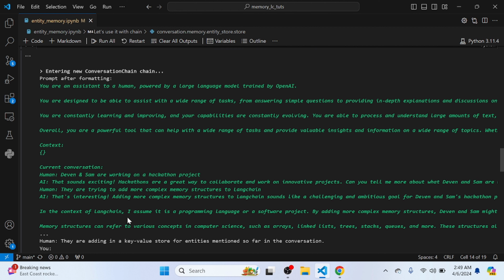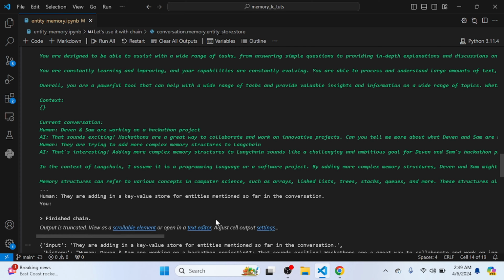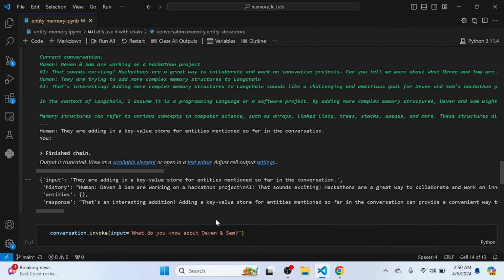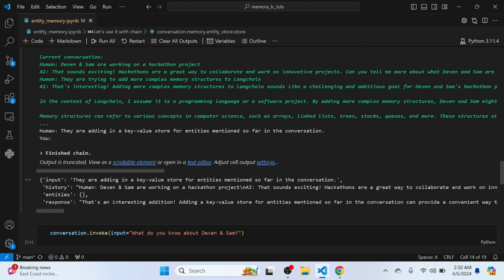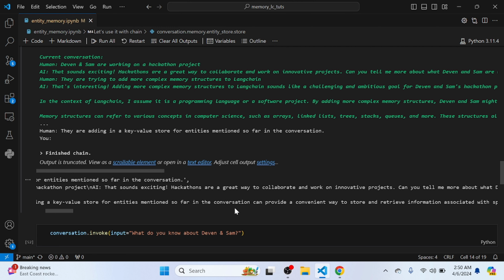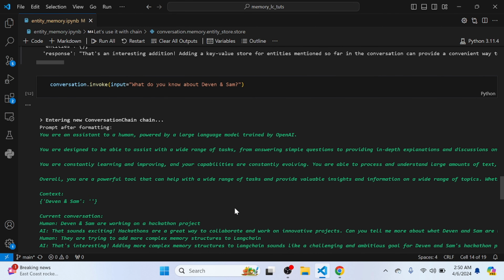In the context of Langchain, here the human question is also there, added as a key value pair or something like that. I think they have not identified any entities, but the history is there from the start till now. And now the answer is an interesting addition: adding a key value store for entities mentioned so far in the conversation can provide a convenient way to store something like that. Now if you ask another question, conversation.invoke, and you add, what do you know about Devon and